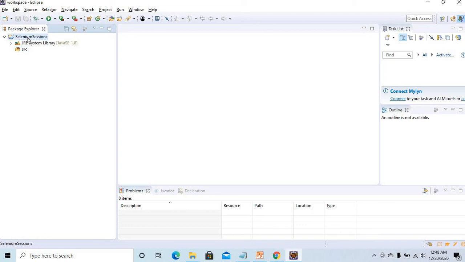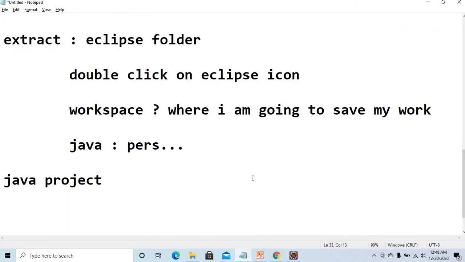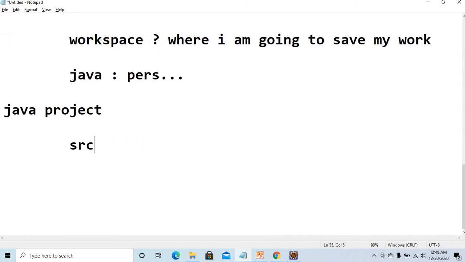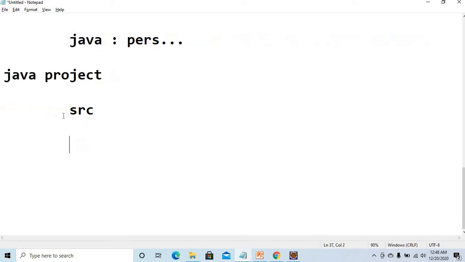Then what next? The standard procedure is, once you have created the project, of course we know one src folder is automatically created. The src is nothing but source code, where we are going to implement all our code in this particular folder. So the coding related stuff must be inside this particular folder. Now here first we will create one package.